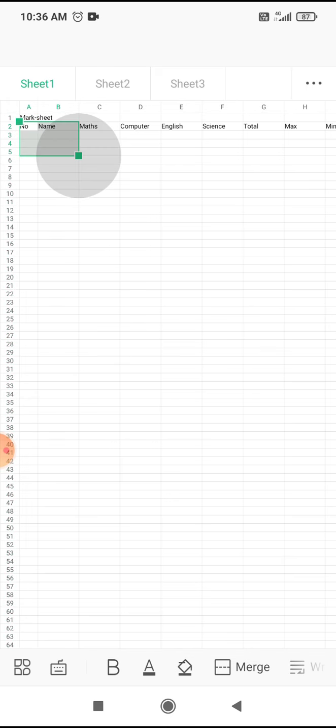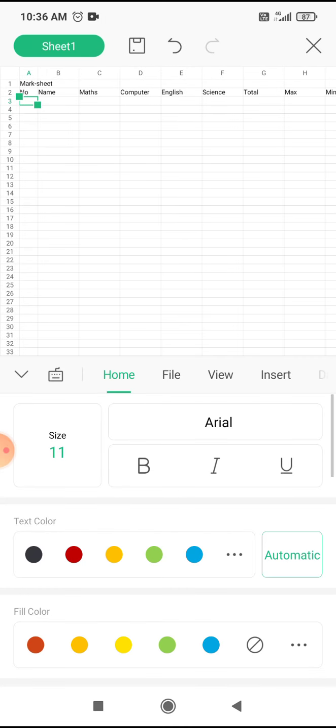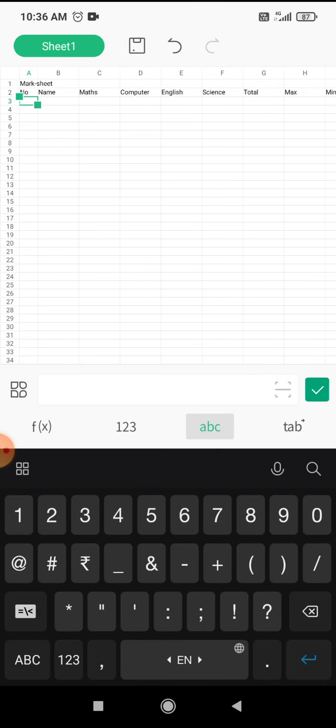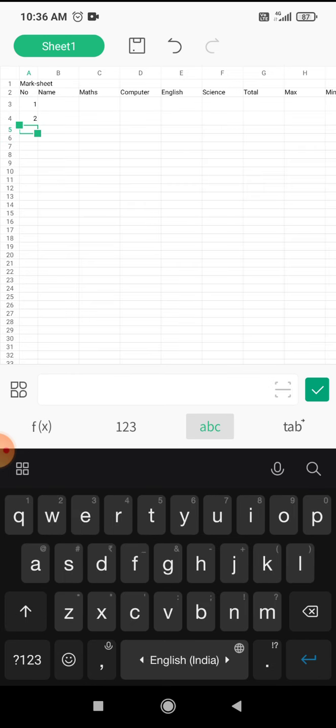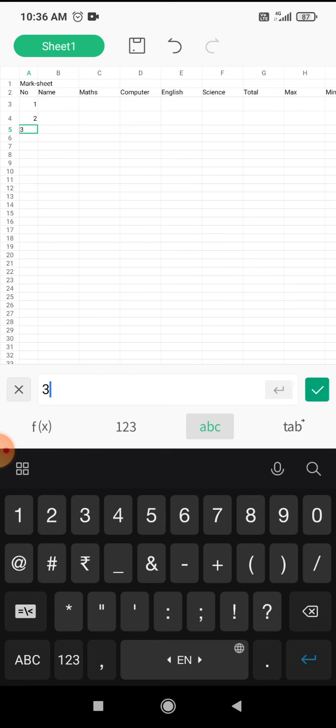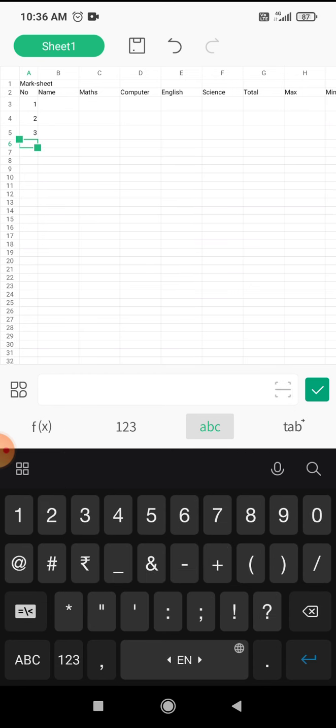Now in a number column, I write the numbers 1, 2, 3 and 4.